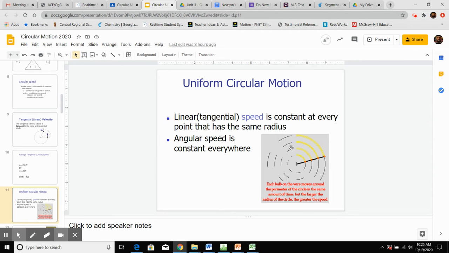So all the horses are going to make the same amount of rotations. They're going to complete the same amount of laps, same amount of spins, however you want to say it. But if you can look, the farther away you go, the greater the distance you're going to wind up traveling. So you're going to have a greater tangential speed. The angular speed or rotational speed will be equal at any single point. So if this was horse A, B, C, D, they would have the same angular speed, rotational speed, but the farther away you go, the greater the tangential speed will be.